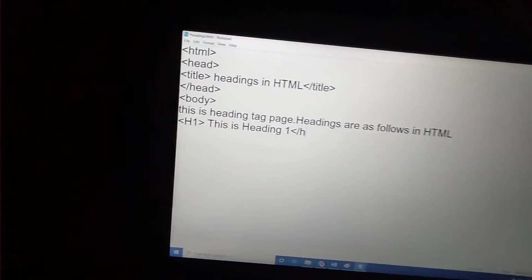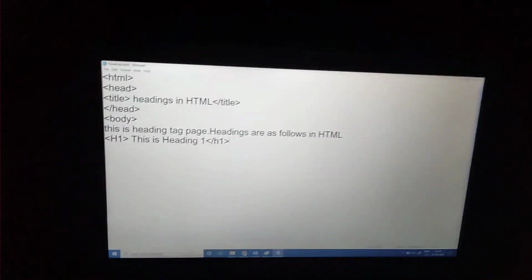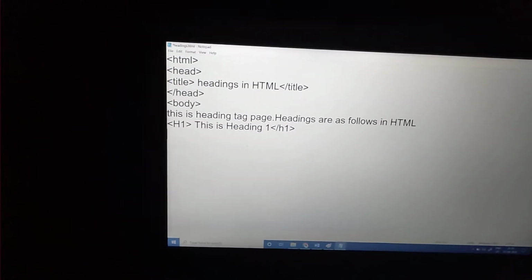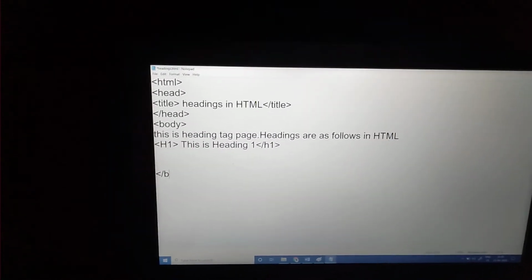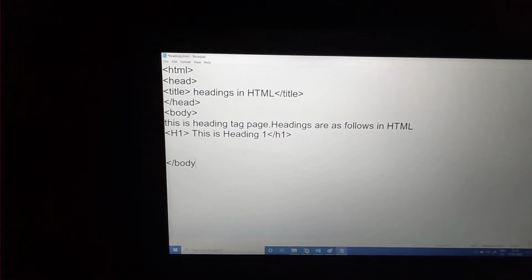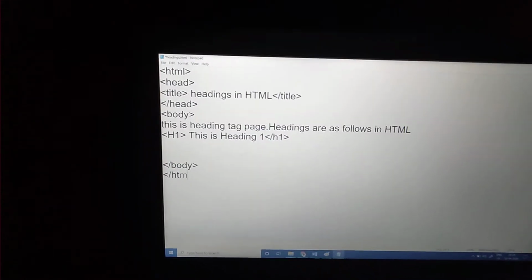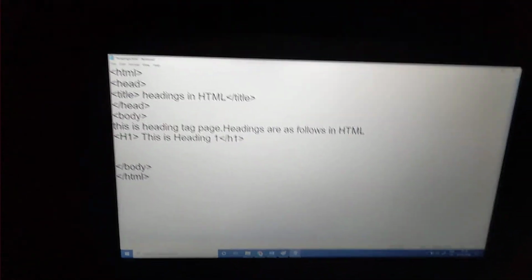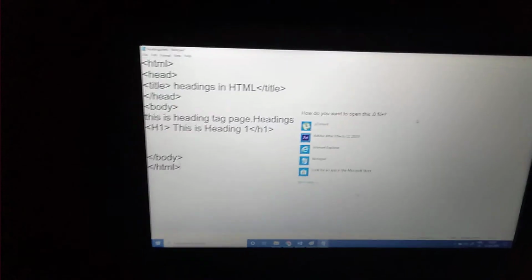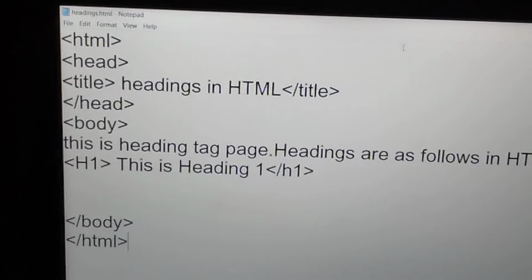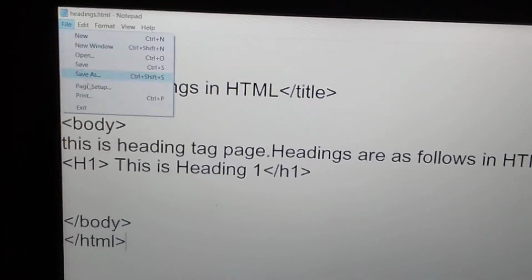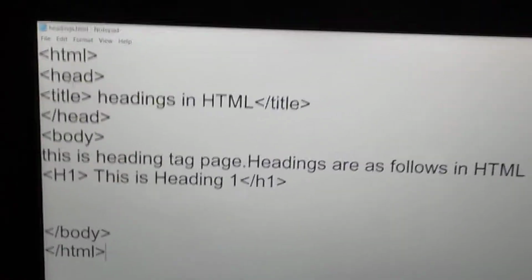I close the heading tag with the slash. Likewise, first I close the body tag, and then the HTML tag, because I want to see the output of the heading tag. So I just save it by using Ctrl+S. Go to the File menu, save the file, don't Save As, save the file.